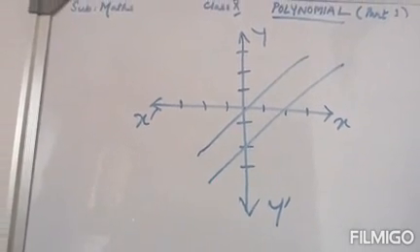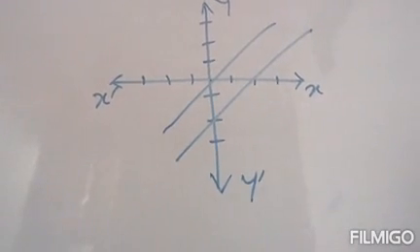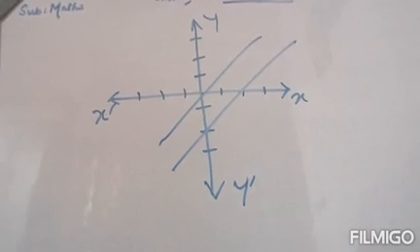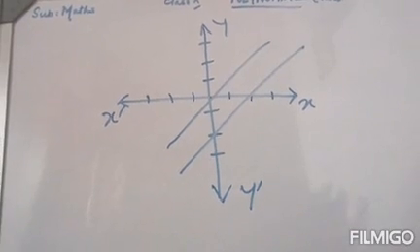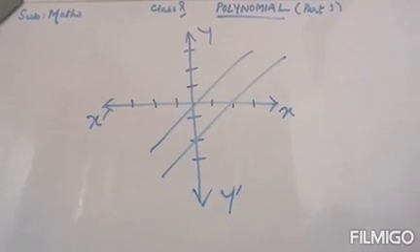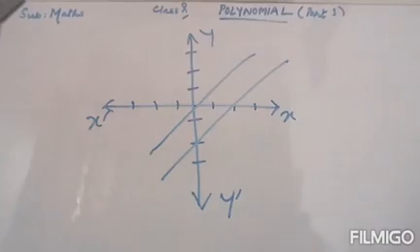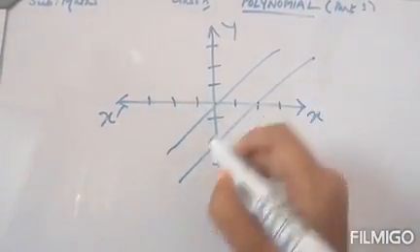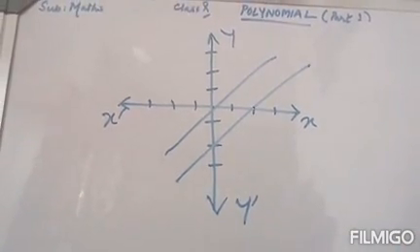Now, what are zeros of a polynomial? I told you that if I equate the polynomial with 0, the value that I get in return is the zero of the polynomial. That means if I substitute that value in place of x, the value of the polynomial will come as 0. Now see here, every line or curve we draw on a graph has an equation.